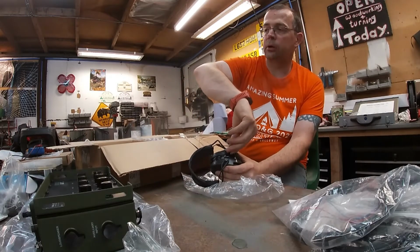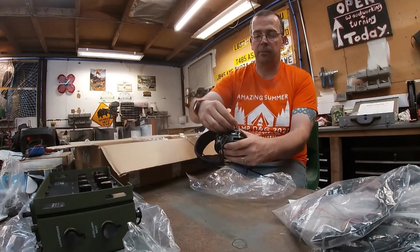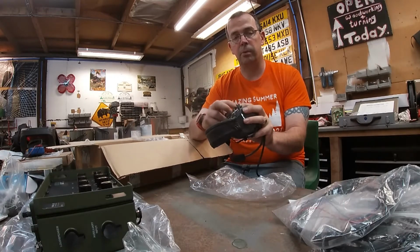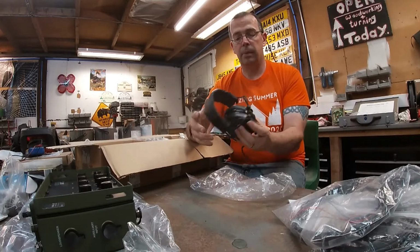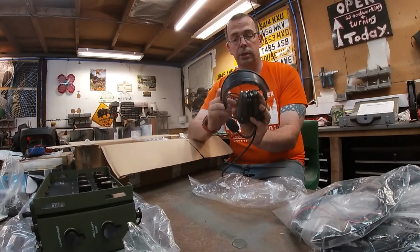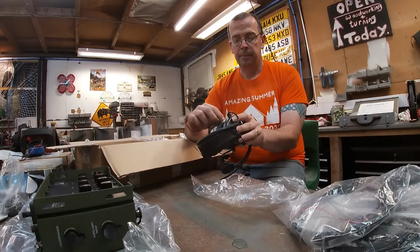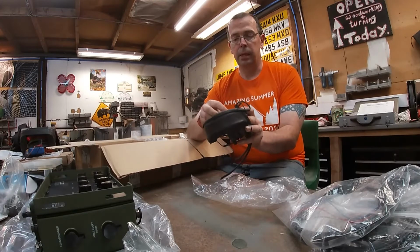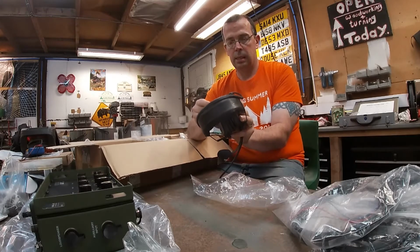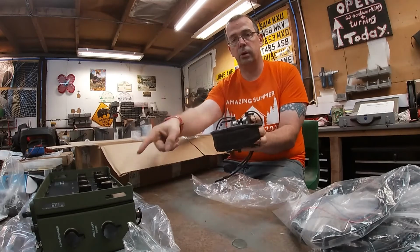Right, we put a couple of AAA batteries in there, and then it's got a couple of microphones on the front that'll pick up your ambient noise from around you, and let you hear that despite the noise cancelling. So it's a really technical set of headsets. Boom mic there, and